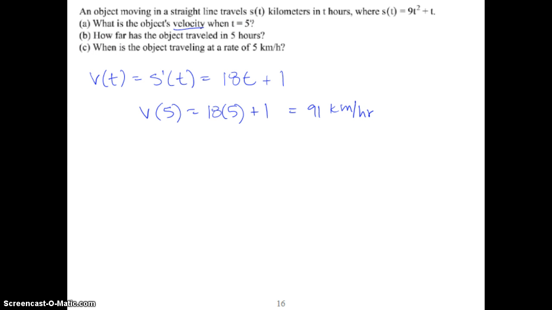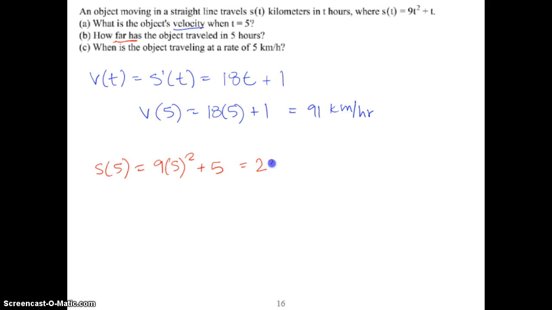Okay, so if we do B, it says how far has the object traveled in 5 hours? Since we're talking about the distance, we're just going to use the function s of t. We're going to find s of 5, which is going to be 9 times 5 squared plus 5,